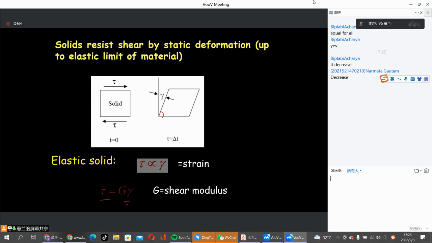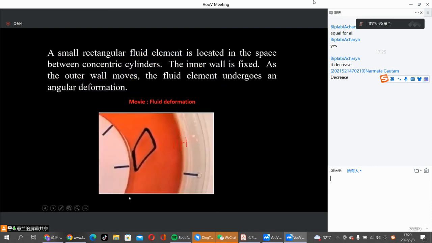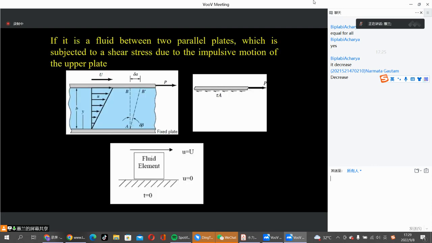Gamma here is shear strain. Let me finish this. This is for solid: the shear stress here, gamma is shear strain. But however, for fluid,